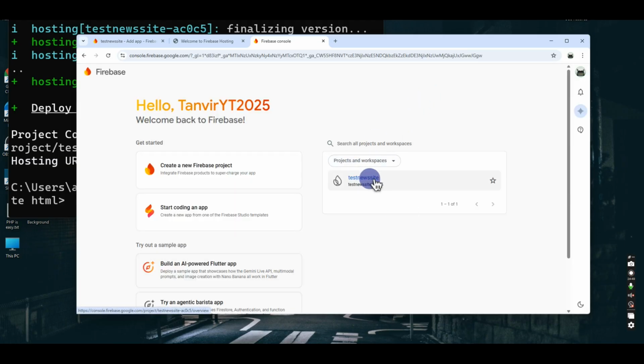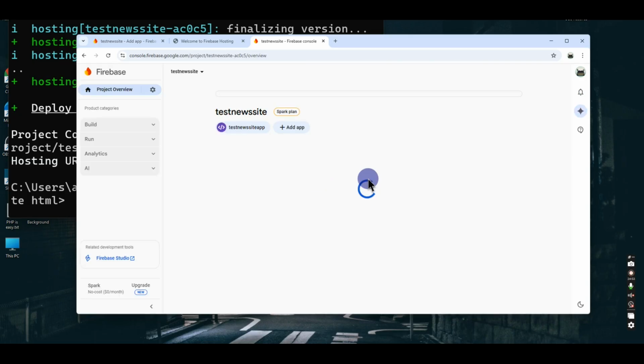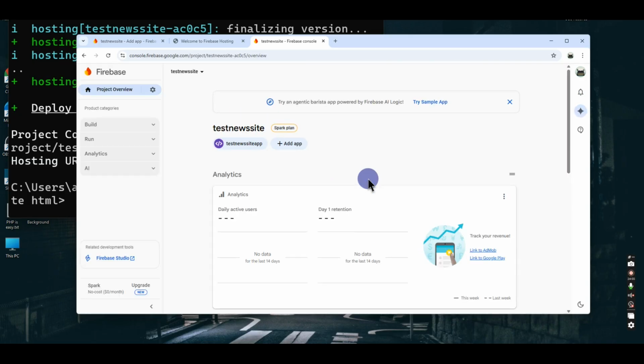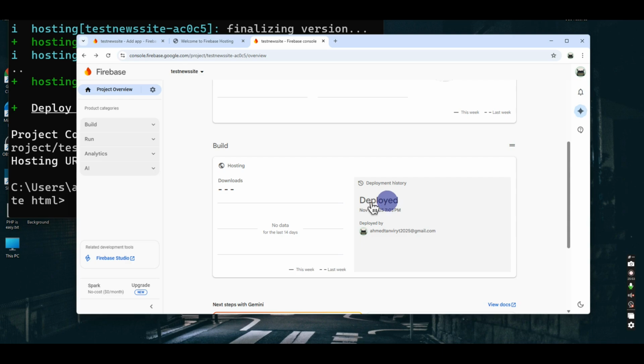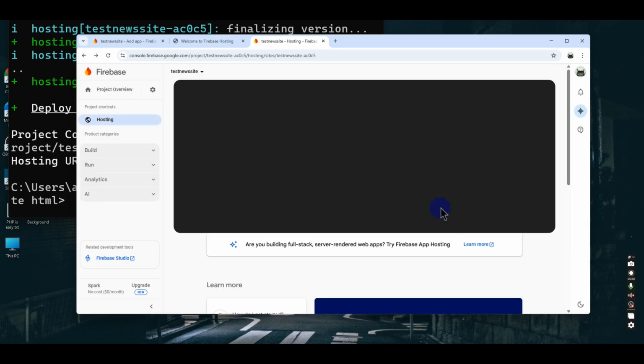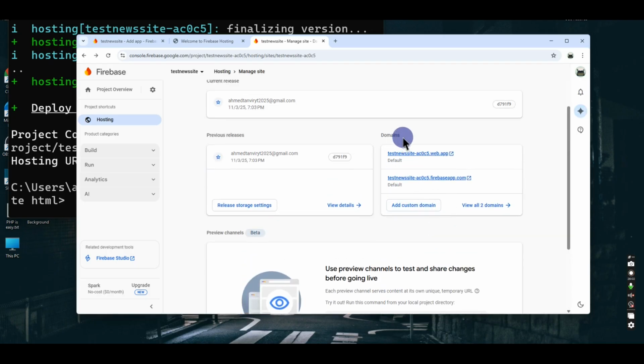And here you go. This is the domain. Here you can see test new site. So just click here. Now here you can see deployed. So status is deployed. It means we have to click here. And here it is. So this is the domain. Here you can see